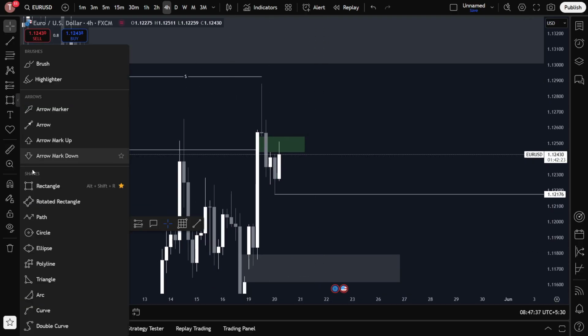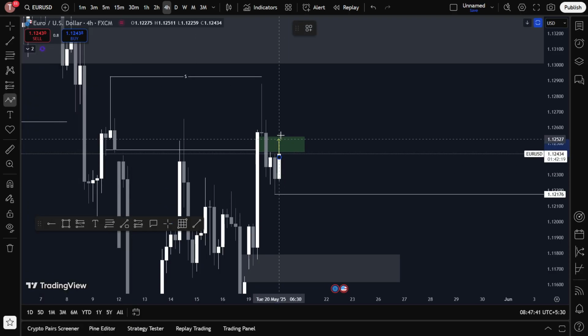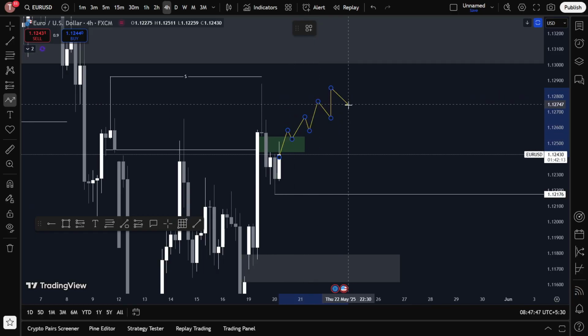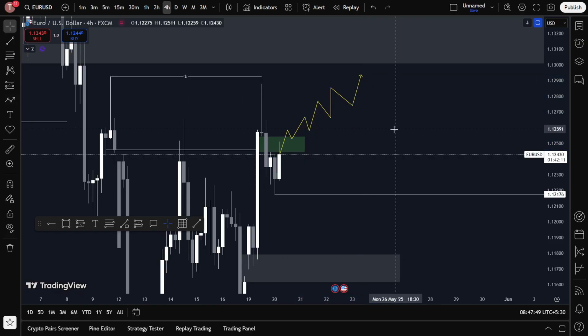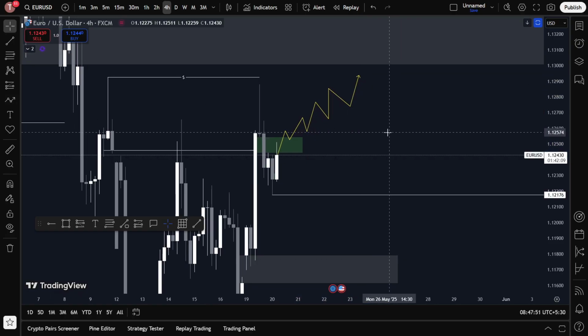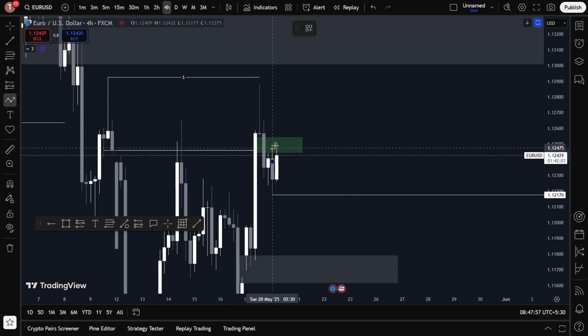Let's mark it. So if we are going to get a close above it, I'm going to wait for the retest, and I'll be anticipating that this equal high will be our target. And let's say that if it doesn't happen, let's say we respect it,